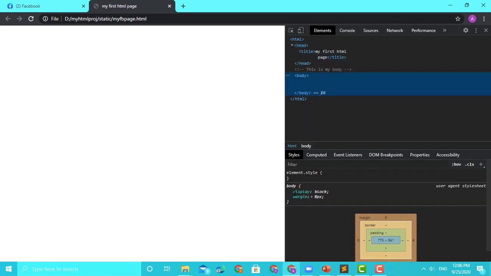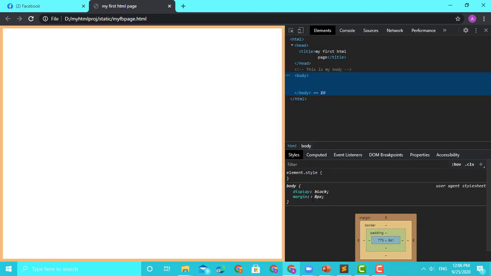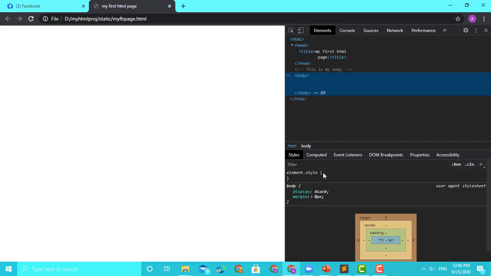If I see the style of the body, there is something called display and margin. Margin is how much space a particular element leaves outside itself. The body is actually the white part, the orange part is something that it is giving outside, so that is margin. This is the style of body which says margin is 8. So we will do some small change here.